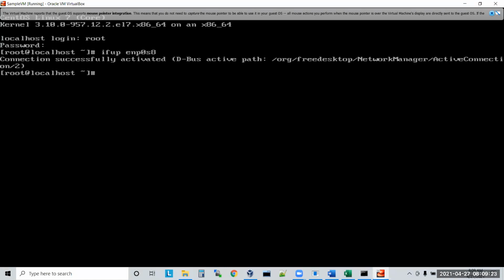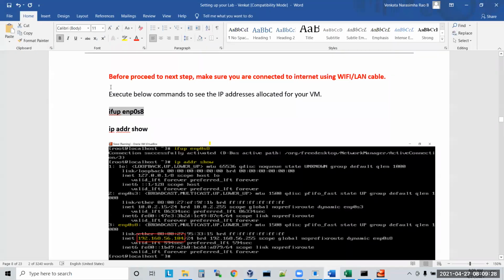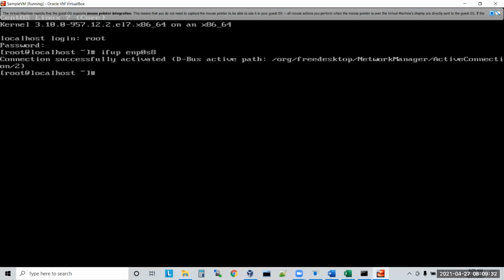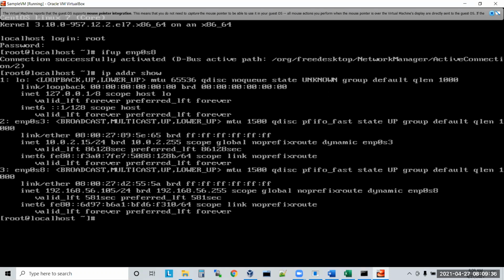Now, once this command is done, you can say ip addr show. When you click on this, it shows how many adapters you connected for this VM. In total we connected 2 adapters.